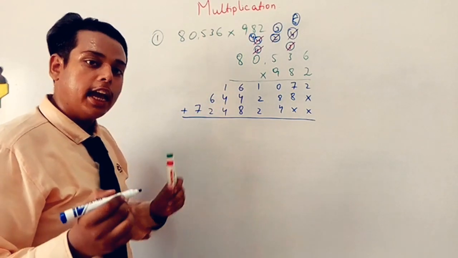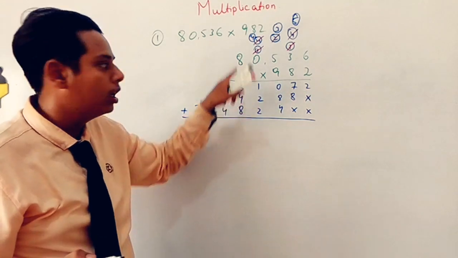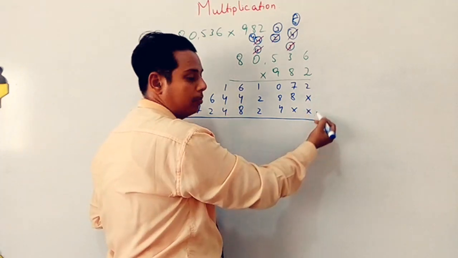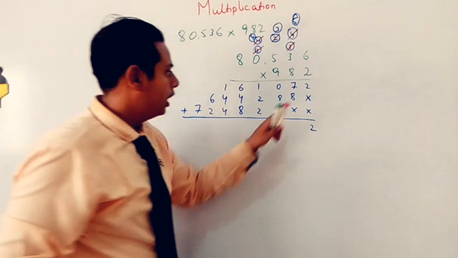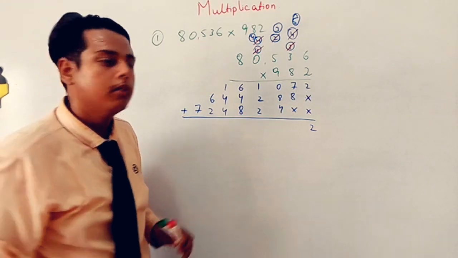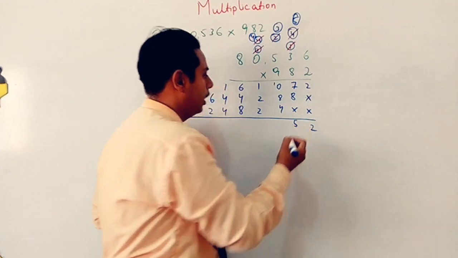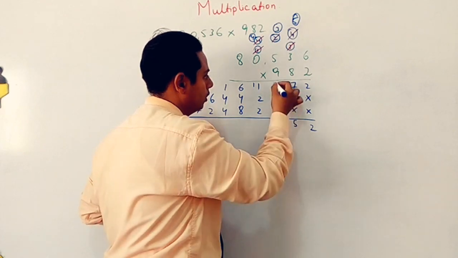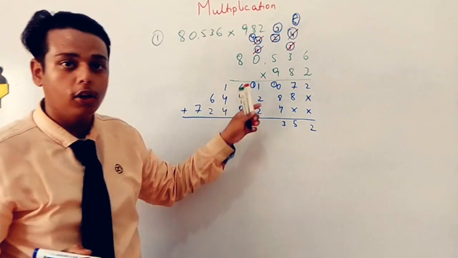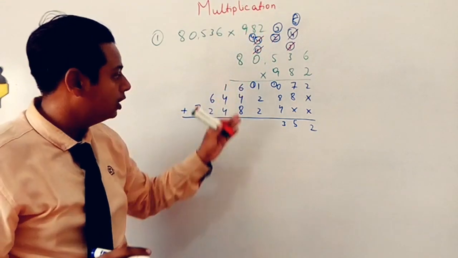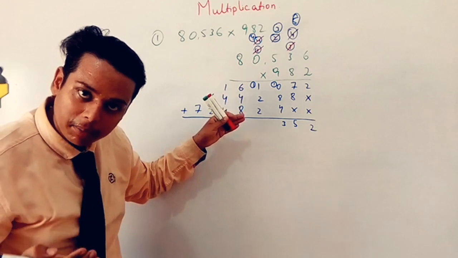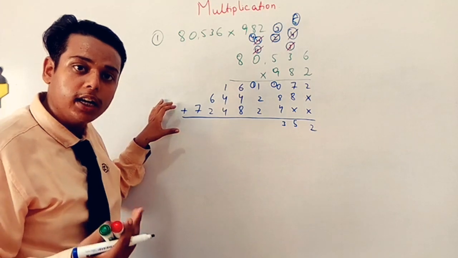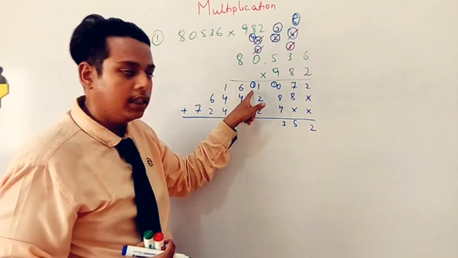Now in the last I need to add up all together. As I told you, the carry of the addition will go on these numbers, not on the upper numbers. यानी addition की carries क्या आ जाएगी? इन्हीं नीचे वाले numbers के ऊपर. 2, any number is there? No. So just 2 is there. 8 plus 7, it will become 15. Good. Now 8 plus 4, 12. 12 plus 1, 13. Look, I am placing the carries on these numbers, not on the upper numbers, because we have done the multiplication. Now we are just adding these multiplications together. सबसे पहले हमने सारे नंबर्स की मल्टीप्लिकेशन कर ली थी, अब हम सारे मल्टीप्लिकेशंस को आपस में ऐड कर रहे हैं. तो इसी वजह से हम कैरीज यहाँ पे ले रहे हैं.